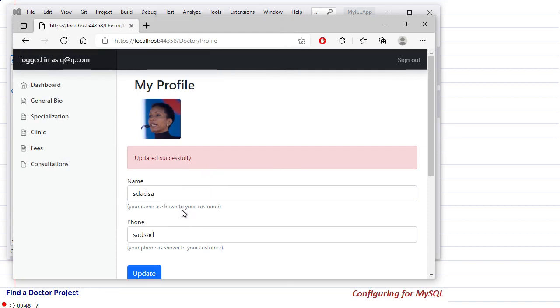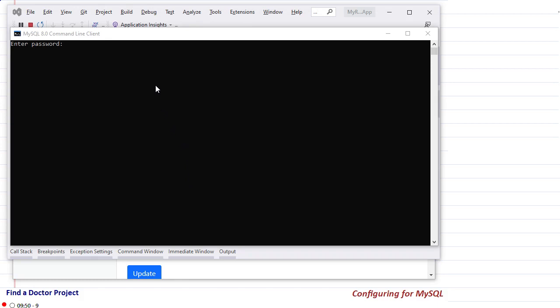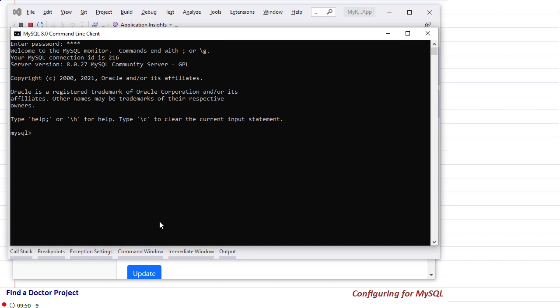So now you might be interested in seeing the database also, so let me show you the database also. This is my SQL and I will log in to it. Let me just type the user ID and password, and now I will use my database that I changed, show tables.